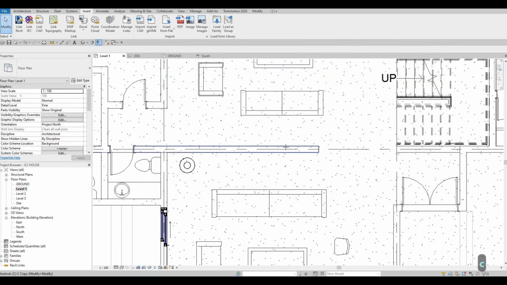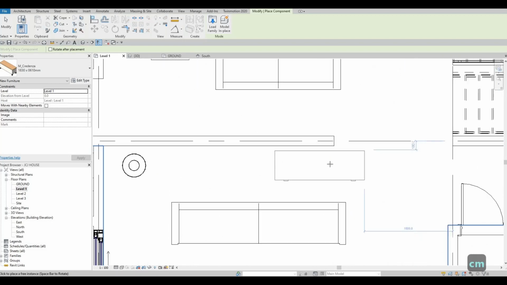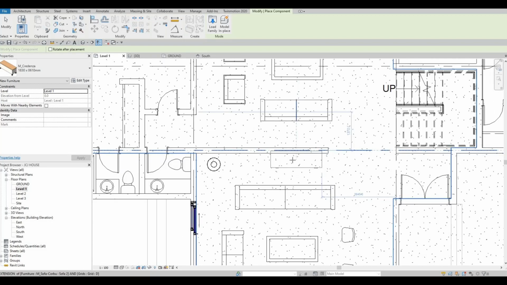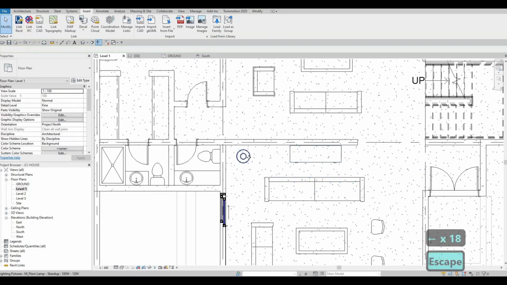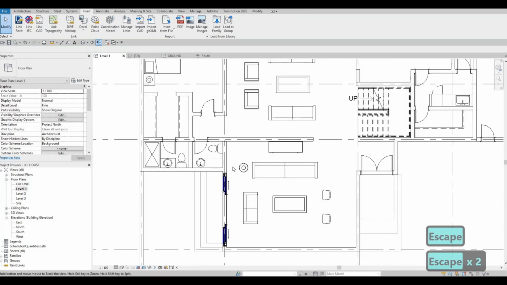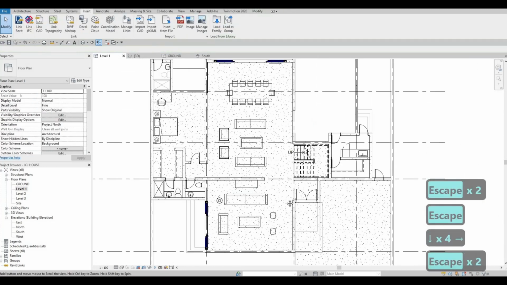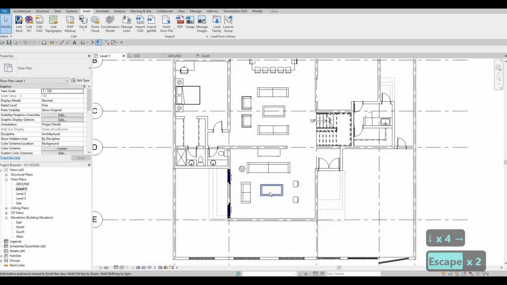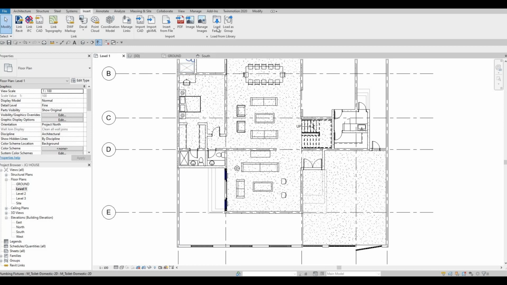Let's load that up. CM. We could add in the credenza right here. So we have some design right here as well. And then we have our table lamp in this spot,